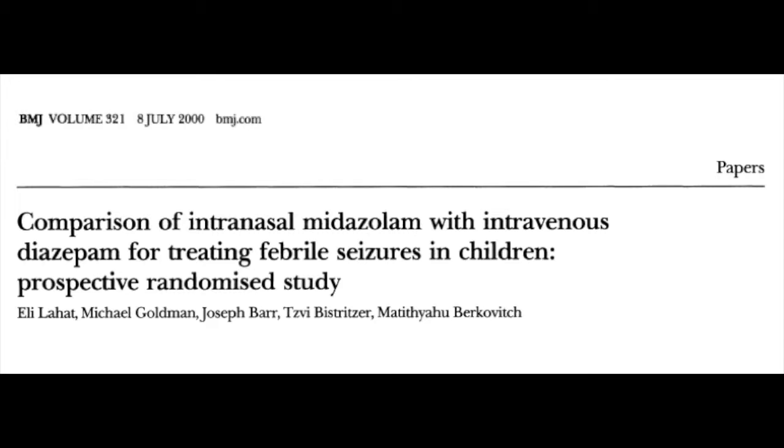So in that enrollment period and with those inclusion and exclusion criteria, they were able to capture 52 seizure episodes, and 26 patients got each intranasal midazolam and IV diazepam. This study found that the drugs were equally effective at stopping the seizures within 5 minutes. Total treatment failures for each group, there were 3 in the midazolam group and 2 in the diazepam group, so